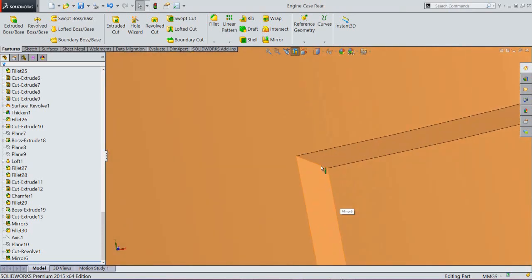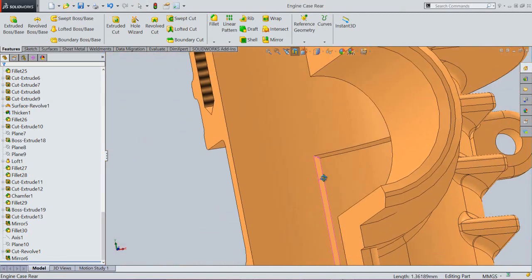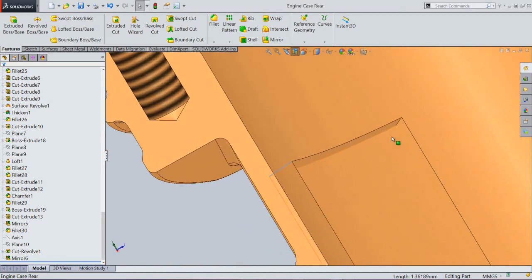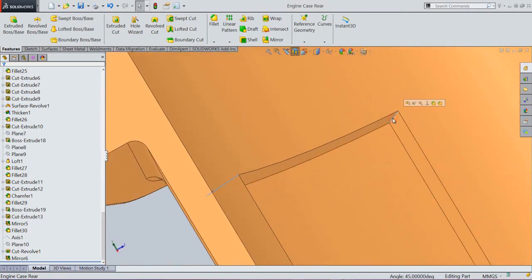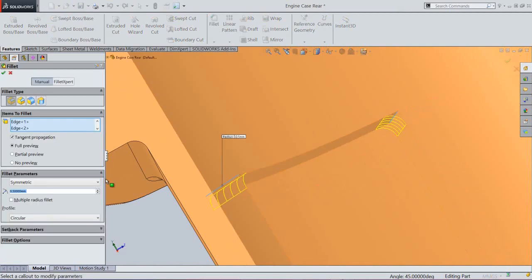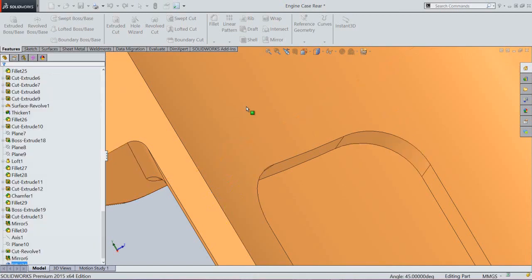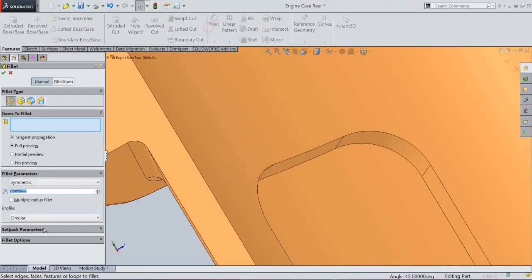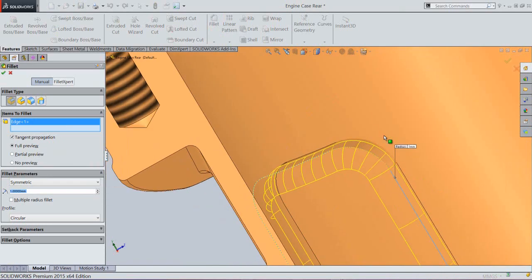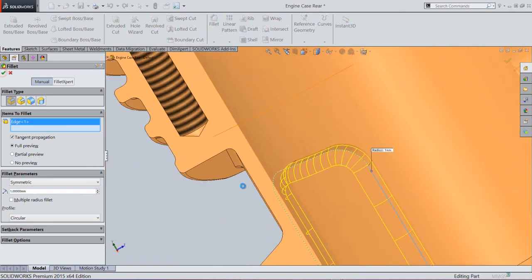Now we will apply some more fillets on the edges of this slot. The fillet radius will keep 2 mm. OK, that's it. And select this edge. OK, set fillet radius 1 mm. Now see, it's looking very fine.